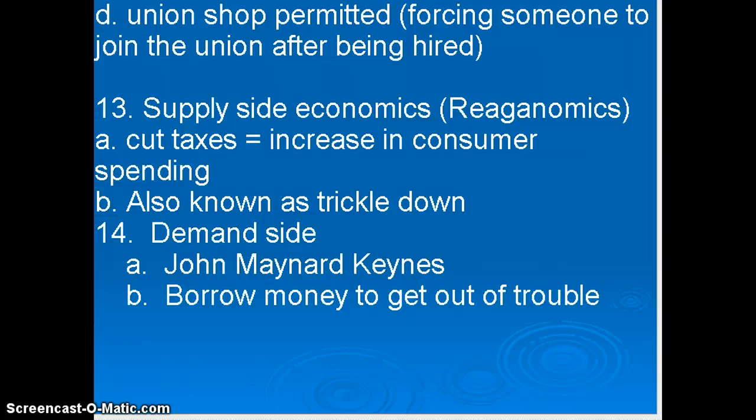So, for example, in New York City, if you are a teacher, you have to be a member of a union. Whereas Virginia is a right-to-work state, which means that you do not have to join a union. Now, this is important because if everyone's required to join a union, the union is more powerful because they're getting more money because everyone has to be a member. With the power of unions, they can demand higher wages, and so it's why New York City teachers have gotten, fight for their members.